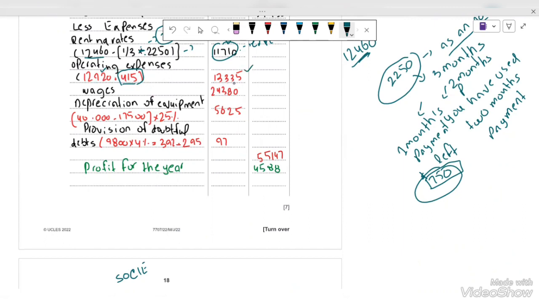So after that you have wages. Wages also, you know that it is your expense. Okay, so after that, depreciation of equipment. The examiner says that this company has been using the reducing balance method for depreciating equipment. So what we have to do for depreciating our equipment if we are using RBM? In RBM, what we have to do is, in the very first year of the life of the asset,